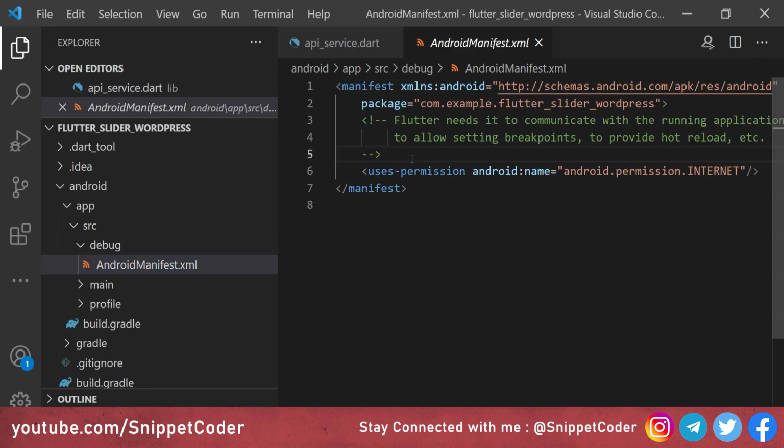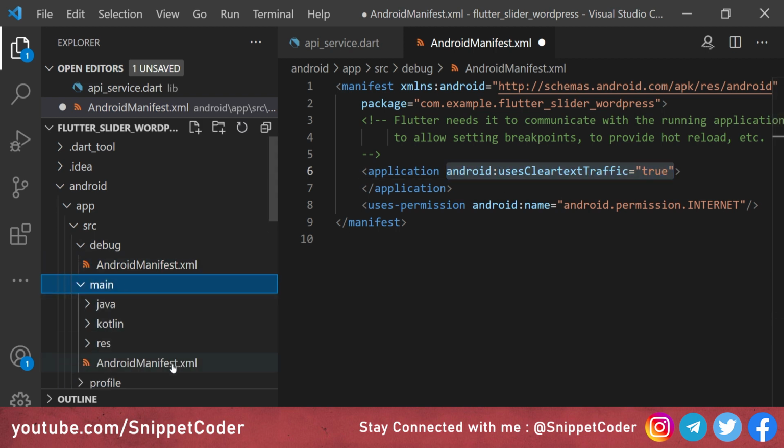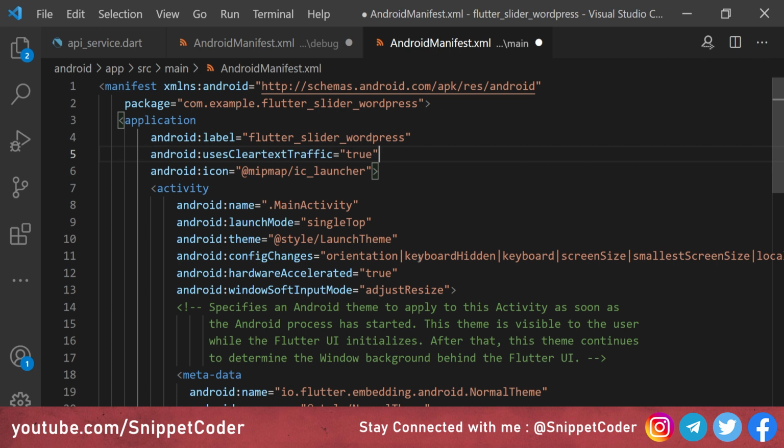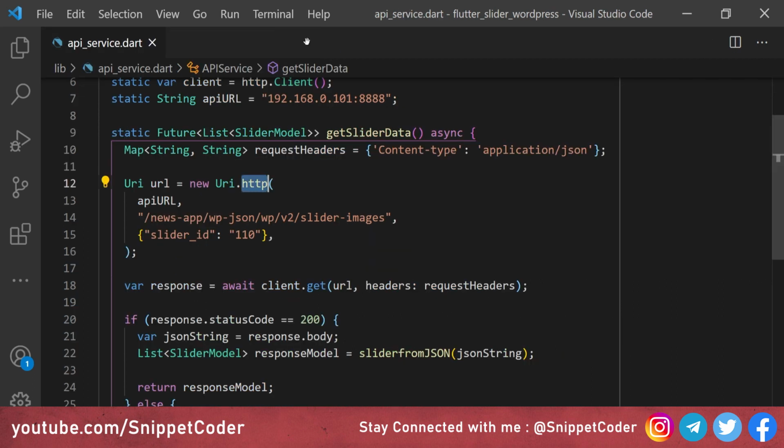Here we add application android use clear text traffic is true, which means we can use HTTP. We have to do the same in our release Android manifest also, so we go there, add the same, and save it. So now the plain HTTP request will work perfectly fine.